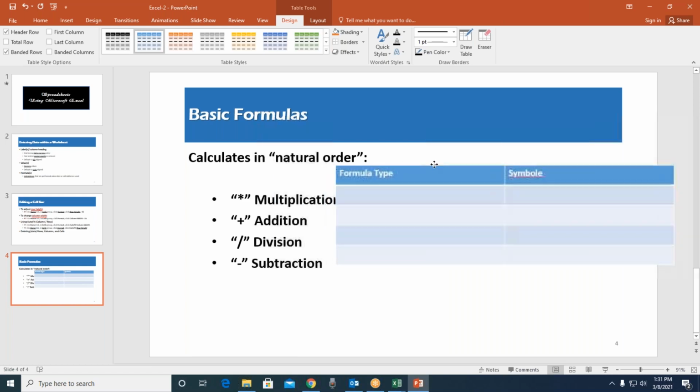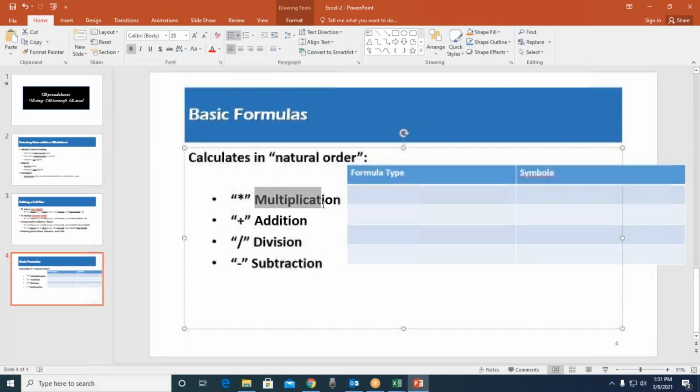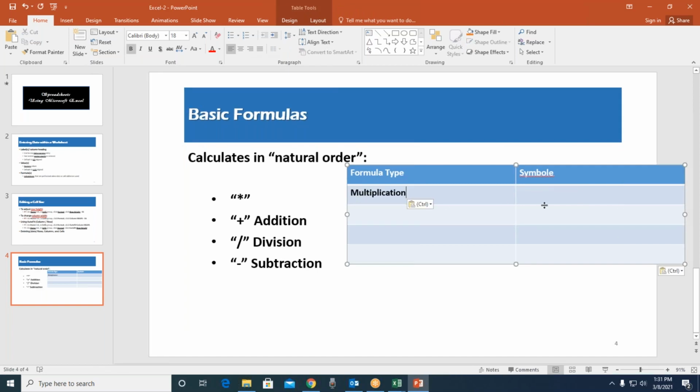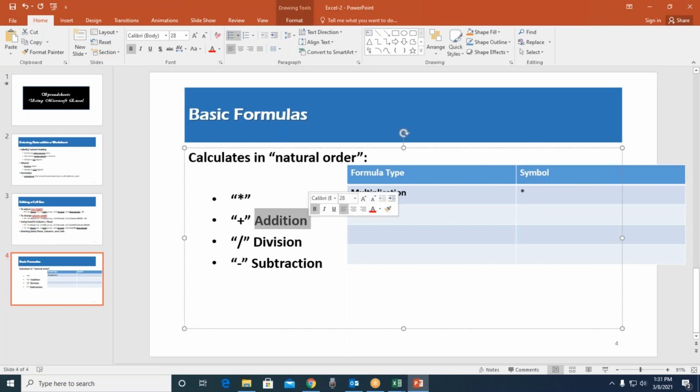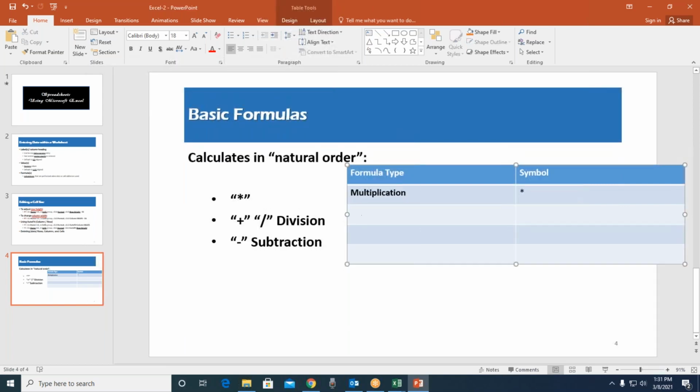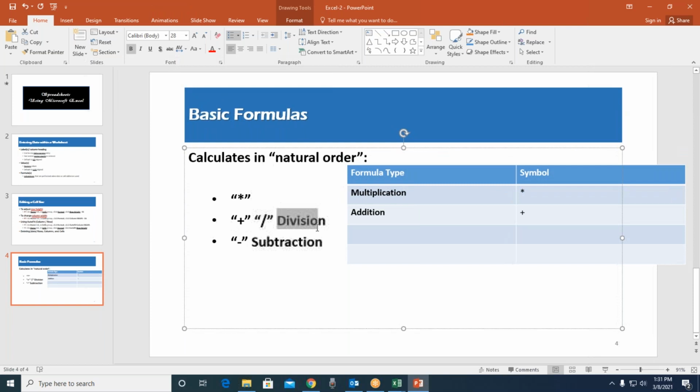For the multiplication, in Excel, we will use star instead of this one. In our ordinary life, we use X, but here we will use star. For the addition, it will remain the same as it is, that is just the plus sign. For the division,